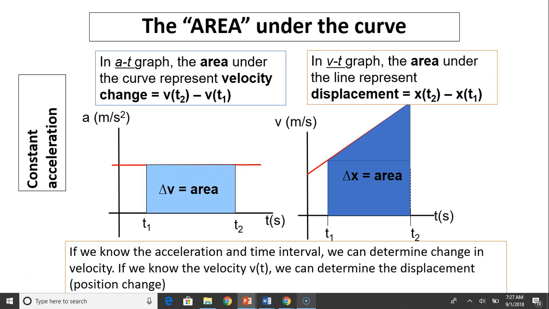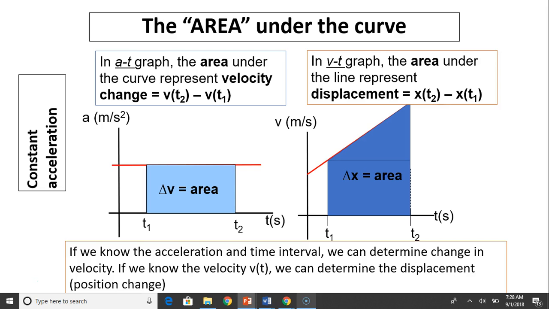How do we do that? We find the area under the curve. So let's review the area under the curve when acceleration is constant. In an a-t graph, the area under the curve represents velocity change. That's v at t2 minus v at t1 equals the area. In a v-t graph, the area under the curve represents displacement, which is the position x at t2 minus position x